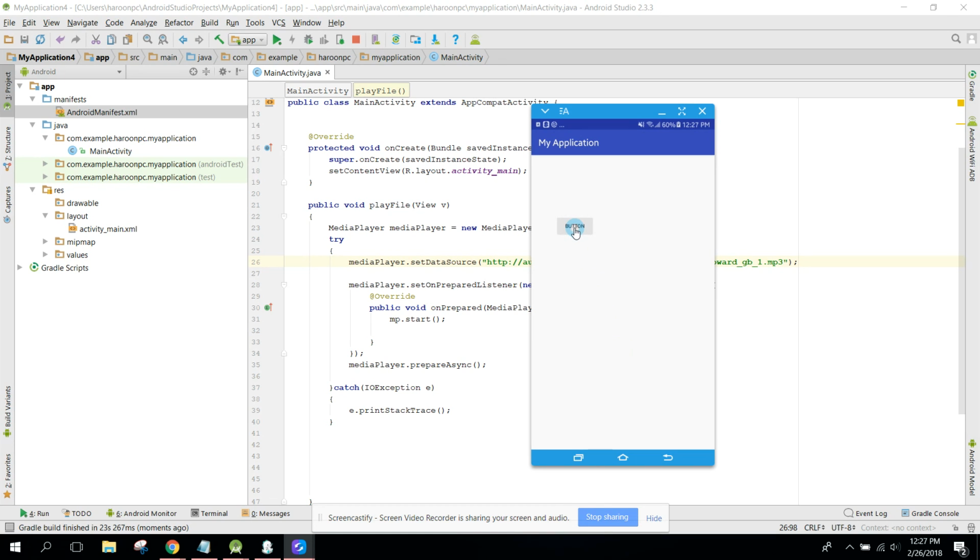Now if I click on the button, okay, we can hear the mp3 file. It's only of 1 second. So if I click on the button again,